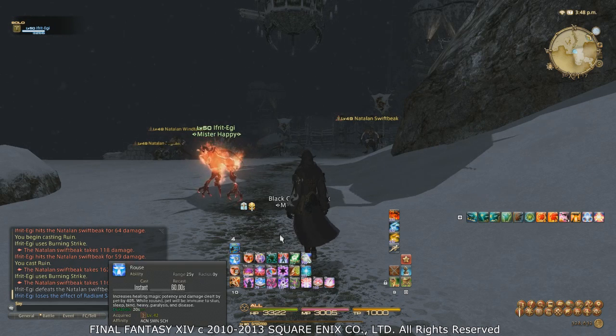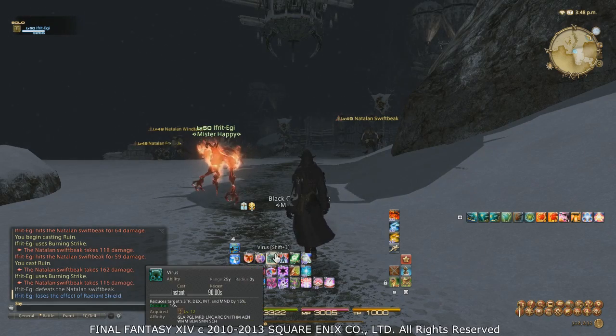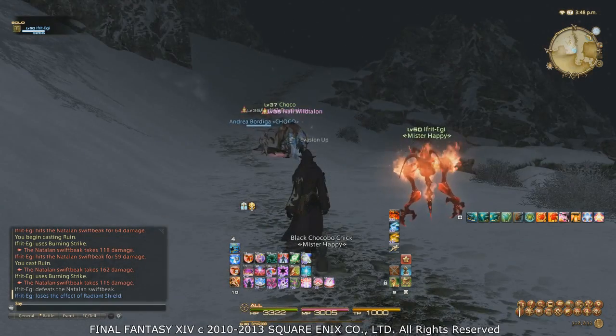They also have Virus, which is very useful. This is actually more of a defensive raid cooldown. It lowers the strength...